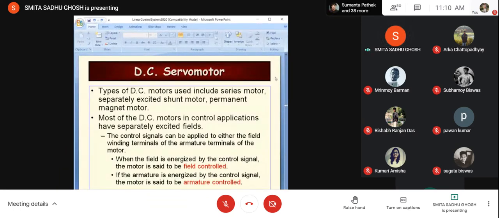The next thing we are going to proceed to is the modes in which the servo motor is usually operated. There are two specific modes: one is the field controlled mode and the other is the armature controlled mode. The first point over there I had already stated in the last class, so I'm not restating it. Right now we are interested in how these servo motors are modeled and then how they are used in a practical application. So we are first going to obtain the model for both these modes, namely the field controlled mode and the armature controlled mode.